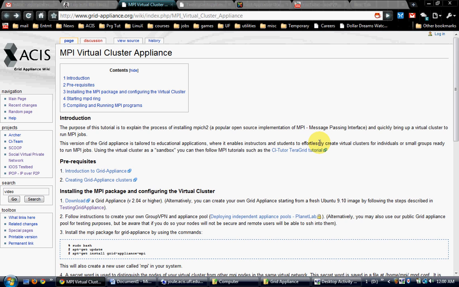Hi, this video tutorial explains the process of creating and configuring a virtual cluster of grid appliances which can be used for running MPI jobs. I would be using a Debian package of MPICH2 which will be tailored for grid appliances. For this tutorial, I will create a basic cluster of two nodes, one on my local machine and another on